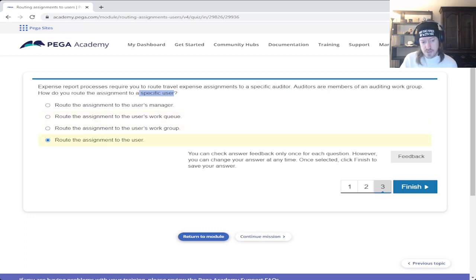You could route it to the user, but it depends on how much work the user is dealing with. So I would imagine that it should be the user's manager, but I don't know what they're going to do on this. So I'm going to check this one first.